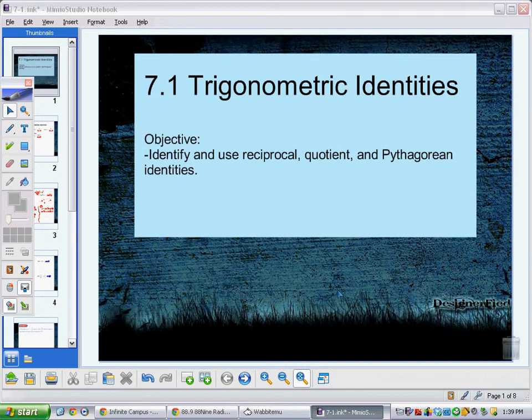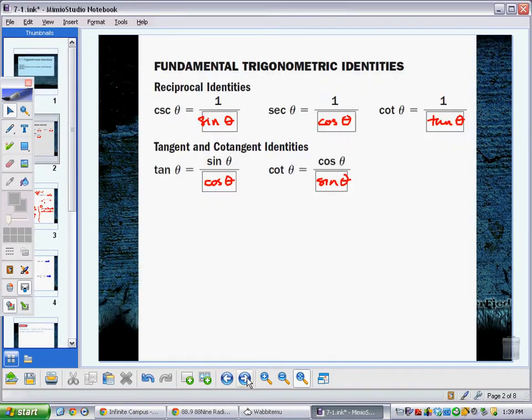So we've been studying trigonometric identities. We had to start on this yesterday, and today we'll finish it up. Yesterday we began by looking at the fundamental trigonometric identities with the reciprocal identities and the tangent and cotangent identities. These were reviewed from previous sections, but they needed to be recovered nonetheless, so that they're in the forefront of